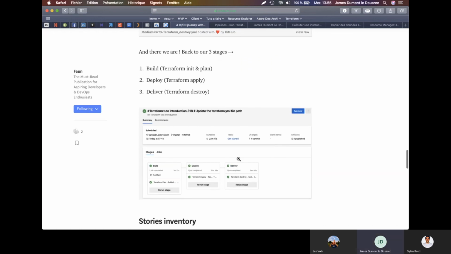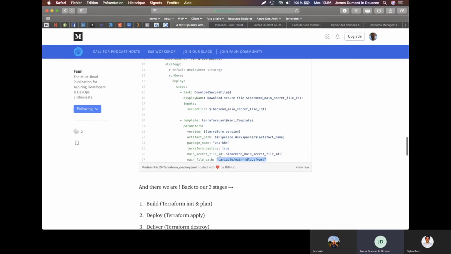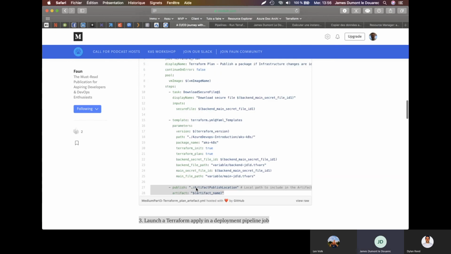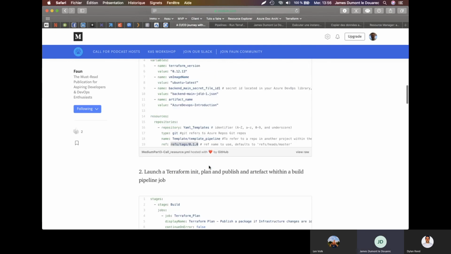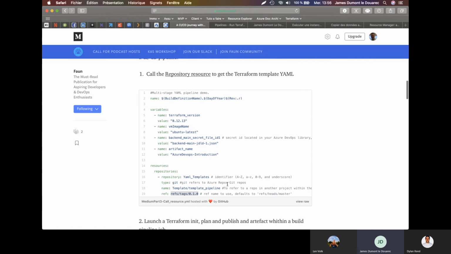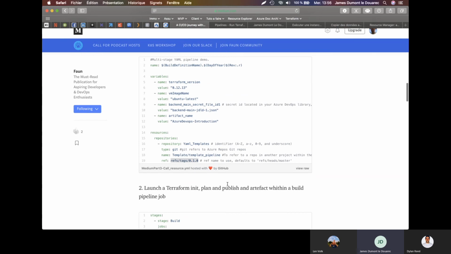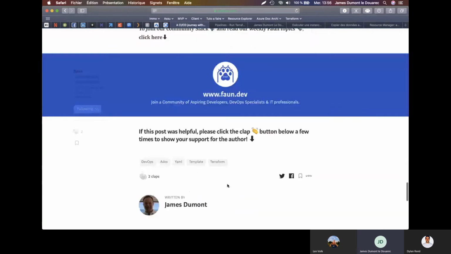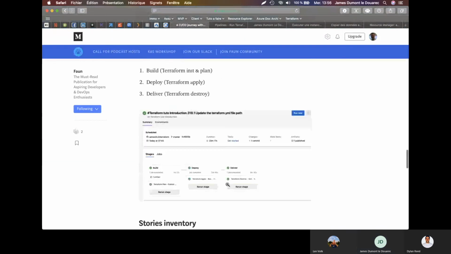And then, if you go until this point, you will have a YAML. If you copy paste those 3 parts, the Terraform apply, the Terraform init, and part 0, call the repository, and put this all in one YAML file, you will be able to create a pipeline that will give you an example.